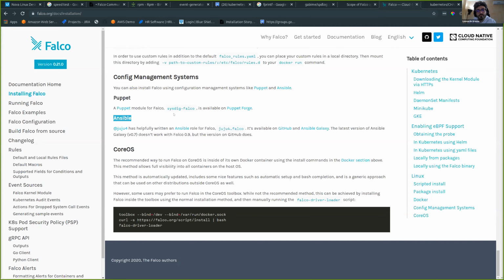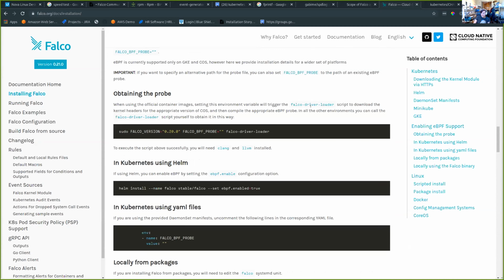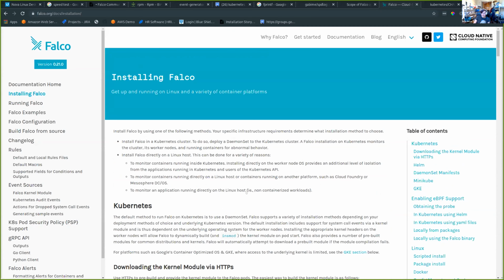So anyway, I would like to open up a PR that cleans a lot of this up and ideally gets this install page down to maybe 10% of the size that it is now, where it's: here's how you install it on Ubuntu, here's how you install it on CentOS, and here is a link to this repository that both Leos were just talking about, where as a community we can have YAML files, Helm charts, all kinds of fun stuff that we can give people as a starting point.